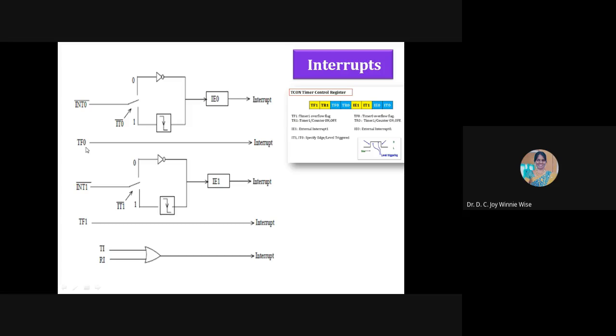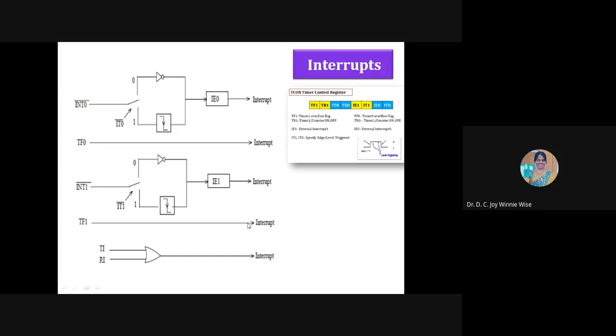So coming to this TF0, that is from the timer, there is no condition. If TF0 is set, it will directly go to this address. Okay. Like this, TF1 also has no condition. When TF1 is enabled, it will directly go to this subroutine. And for this TI, that is whether transmit or receive, if one is enabled, it will go for this interrupt.